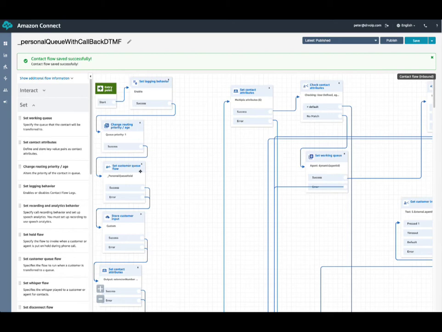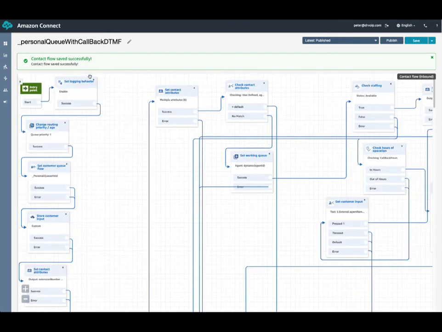We're going to set the customer queue flow. And as I pointed out earlier, every contact flow typically has a customer queue flow that dictates the experience the caller should have while they're waiting to connect to an agent. And every call, even if an agent is available, is going to spend some small amount of time in this queue. If there's an available agent, we've got to go find that agent, get them connected, whisper in their ear, and then connect the caller.